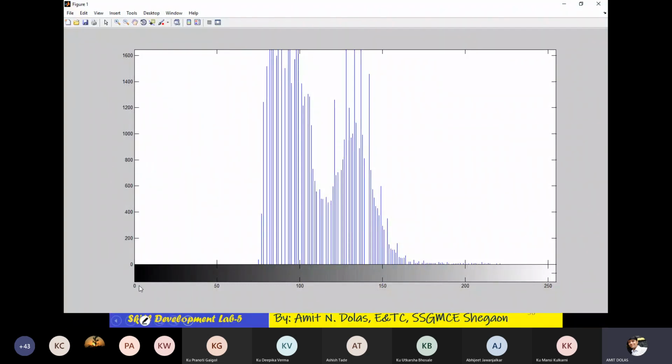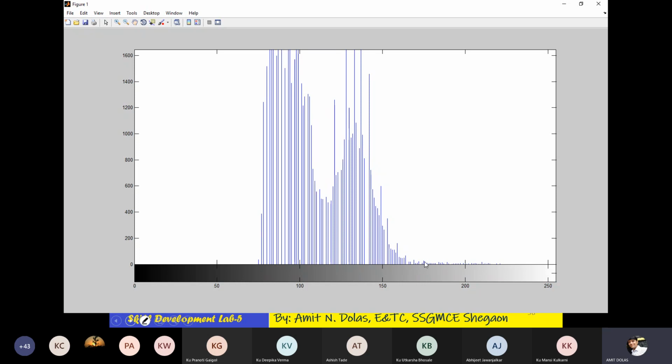A histogram is nothing but the pictorial representation of the pixels, the pixel frequency of a particular intensity. For example, you can see from 0 to near about 75, intensities are not present in this image.